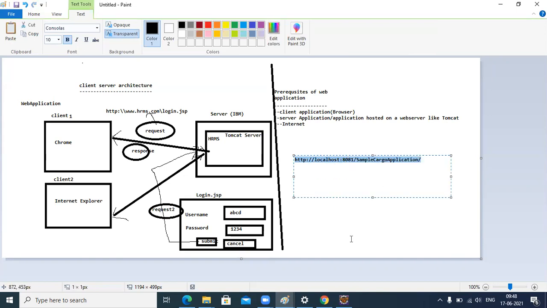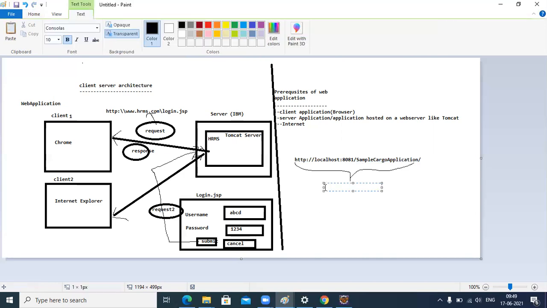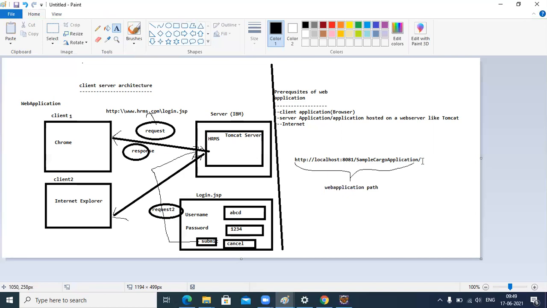This entire thing is your path for your web application. This is your web application path, and in this you are calling welcome.jsp.